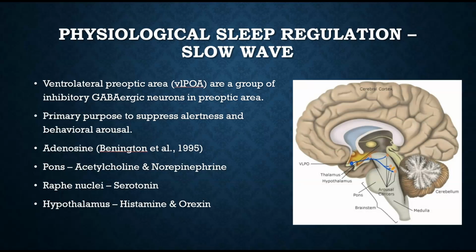Then if we move into the pons, we have acetylcholine that deals with motivation, arousal, attention, learning, and memory, along with norepinephrine that deals with vigilance. Next, in the raphe nuclei, we have serotonin that modulates mood and cognition, along with many other factors. Histamines in the hypothalamus, while a part of the immune system, are also responsible for drowsiness. Think, if you've ever taken the antihistamine Benadryl, that you can feel very sleepy afterwards.